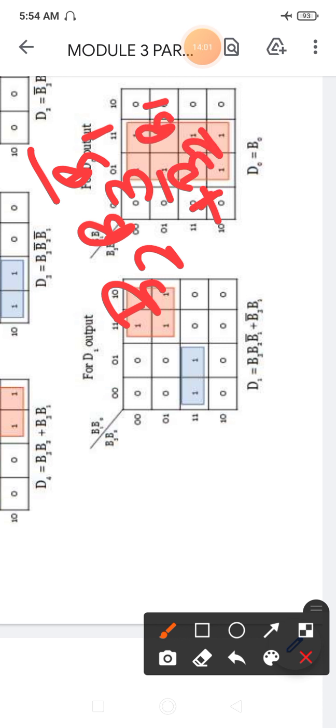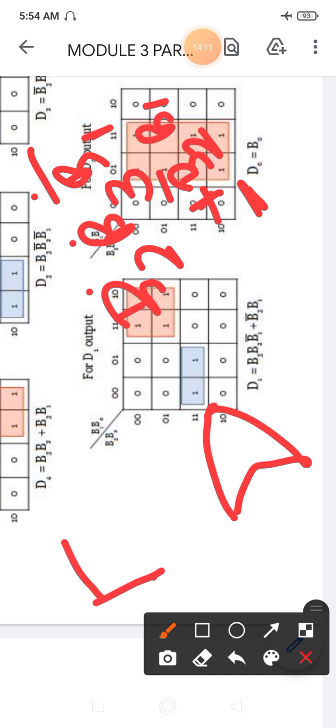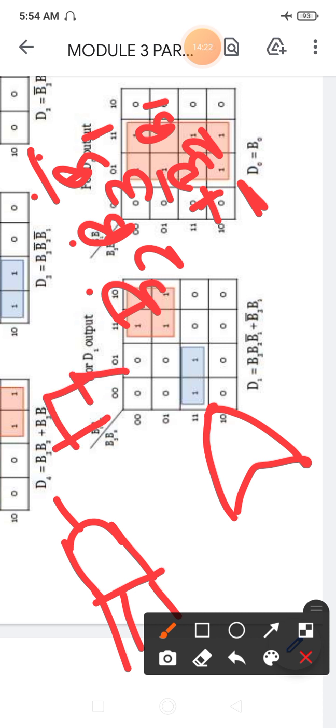So due to this plus we need to have one OR gate. Due to these 3 inputs we need to have a 3 input AND gate. Due to this complement we need to implement one complement for the B1.